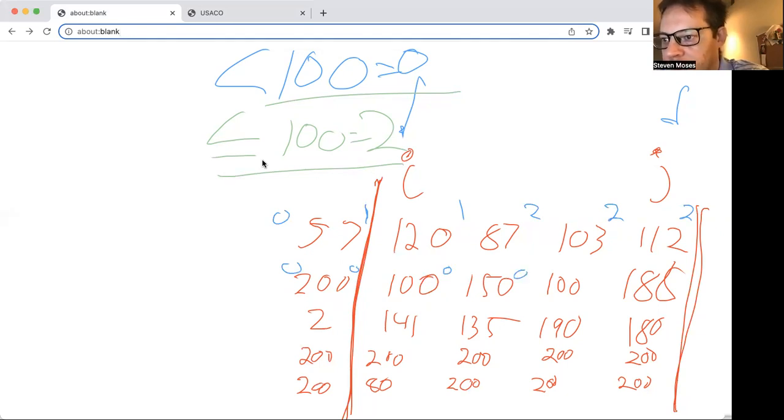0, 0, 0, 0, 0, 1 from the 2, 1, 1, 1, 1, 0, 0, 0. These are all zeros. For numbers that are less than or equal to 100,